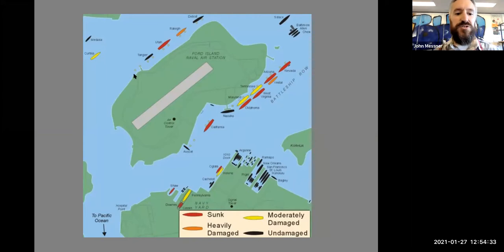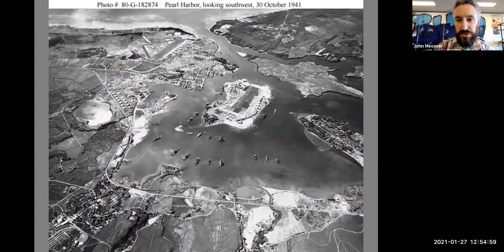This is where our aircraft carriers would have been parked if they had been there. They were out running exercises, and it was sort of our saving grace that they weren't there, because they would have been utterly destroyed too. And our whole fleet in the Pacific would have been crippled, and we would have had no response. We would have been severely fearful of the Japanese invading the United States if we didn't have our aircraft carriers still alive. Okay.